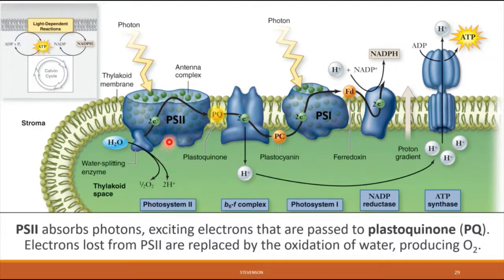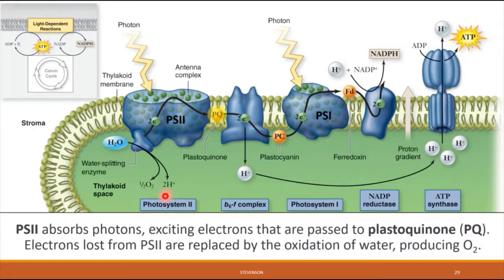When photosystem 2 loses these electrons from its pigment molecule after they become excited, it has to replace them. And the molecule that it grabs onto to steal electrons from in order to replace the ones that it lost is a water molecule. This water molecule, of course, has been absorbed by the plant through its roots, and now it is used as a source of electrons to replace the ones that were excited by the photon of light energy. So this water molecule is split, and some of its electrons are stolen, and when it is split, the